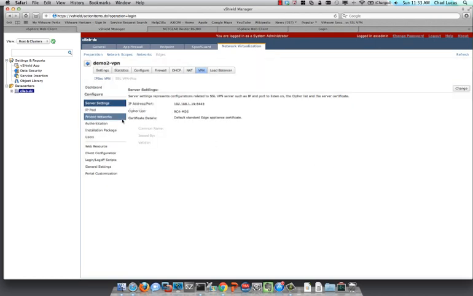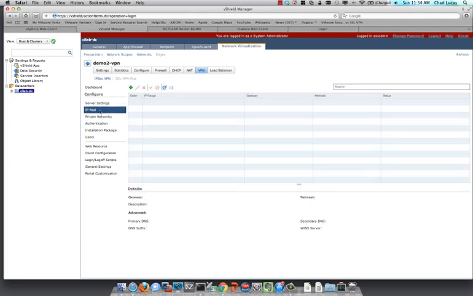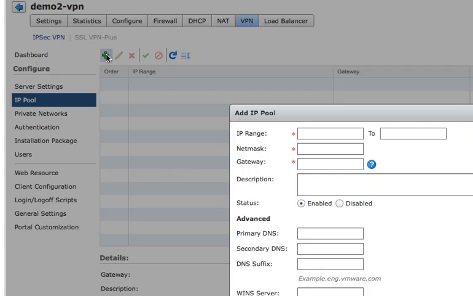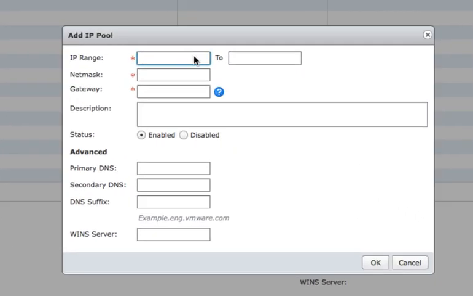Now we want to configure the IP pool. The IP pool is the range of IP addresses that you will lease to the VPN clients connecting to your environment. Click Add here. It is important to note that you do not make this IP pool in the same subnet